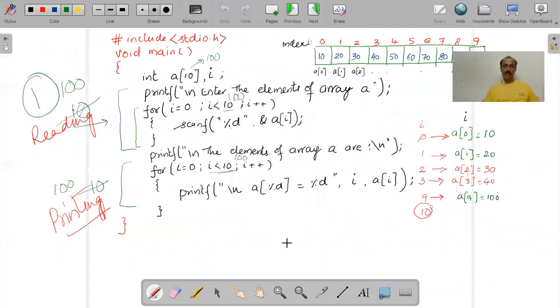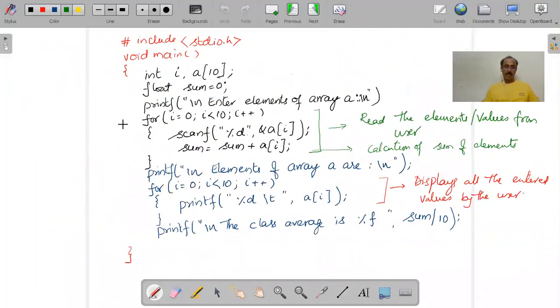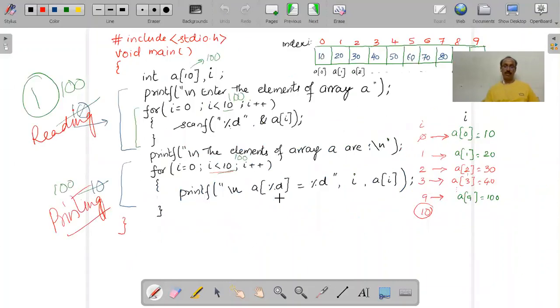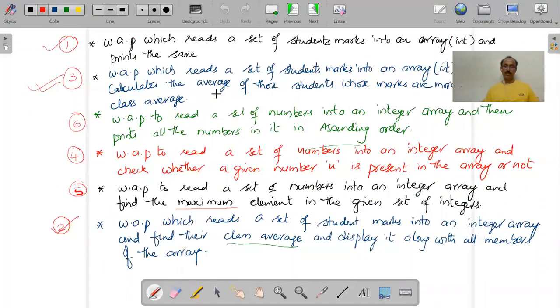What we have done? This is for reading the marks of the array. Reading the marks are elements of the values, and this is to display the values. This is the second program we have written. We have also written the third program. What is the third program? Reads